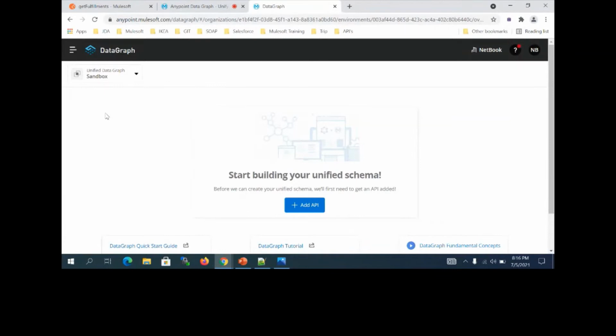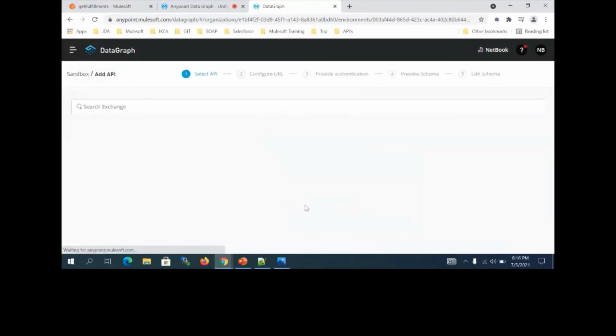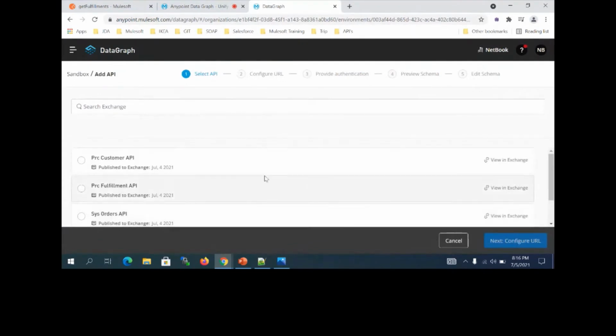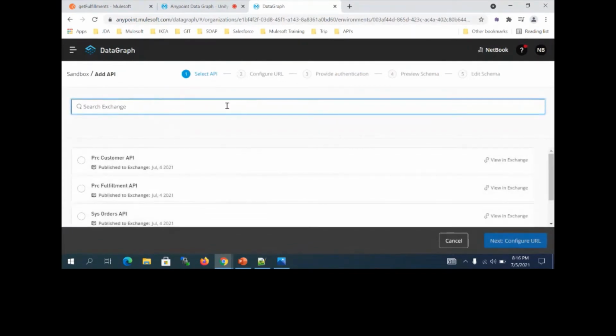Now the customer API, I want to add it into Anypoint Data Graph. What you need to do, click on add API. As soon as you do this, you can search from Exchange, or you can select over here; all of them are going to be listed. When an API is published, every detail is going to show. Somebody asked the question, can I access external APIs?